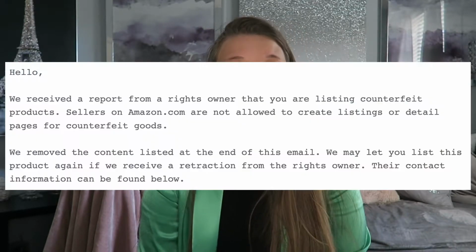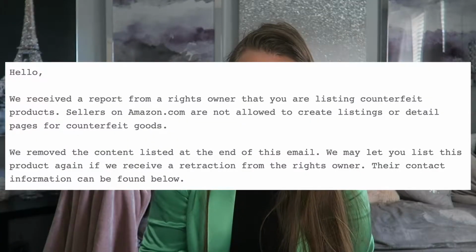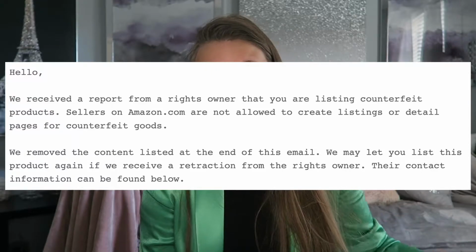How do you overcome these IP claims? Just how you handle them. So let's get into that. First, where do you see your IP claim? Majority of the time, Amazon will send you an email saying we deactivated this listing because it's a counterfeit product. So then you can go see what the ASIN is in that email,